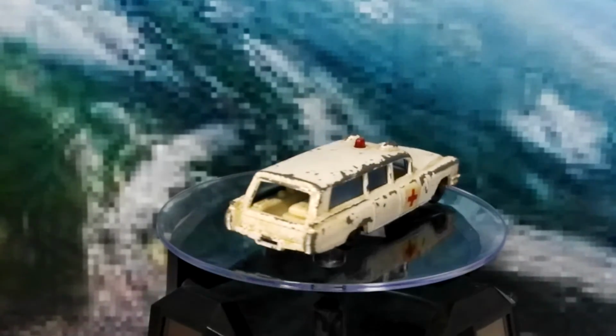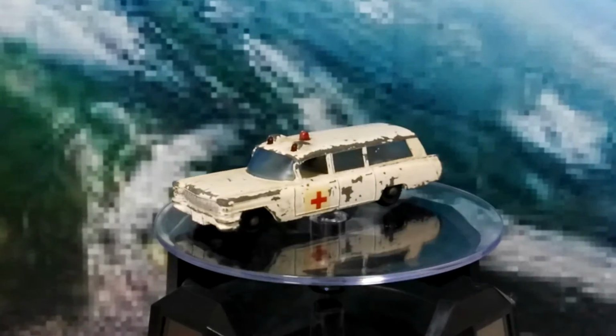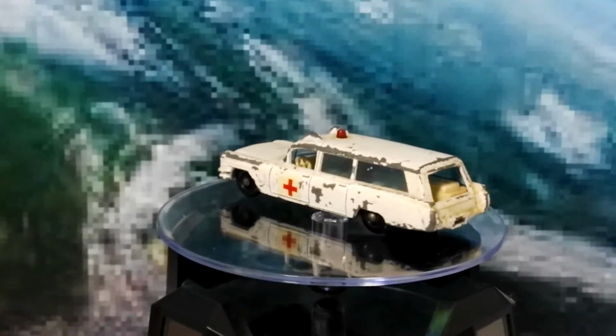No tow hitch again, probably due to wear. The interior is pretty good, a little bit yellow. All of the windows are in very good condition, and all in all, that's pretty neat. Pretty nice looking old truck. And next up,